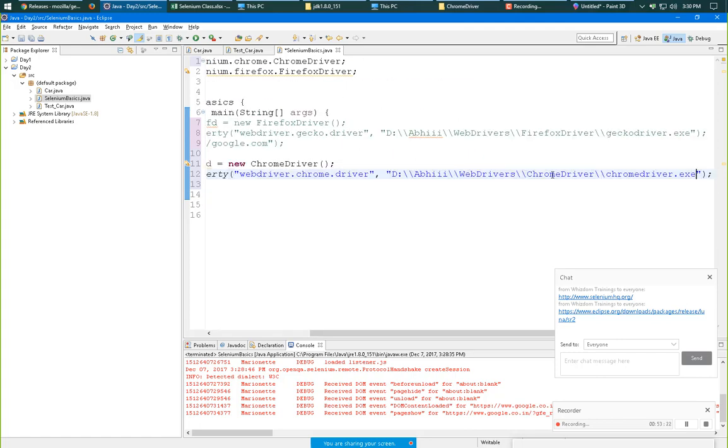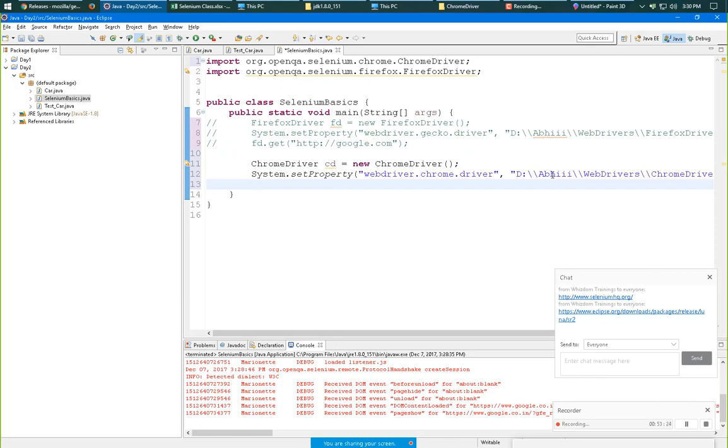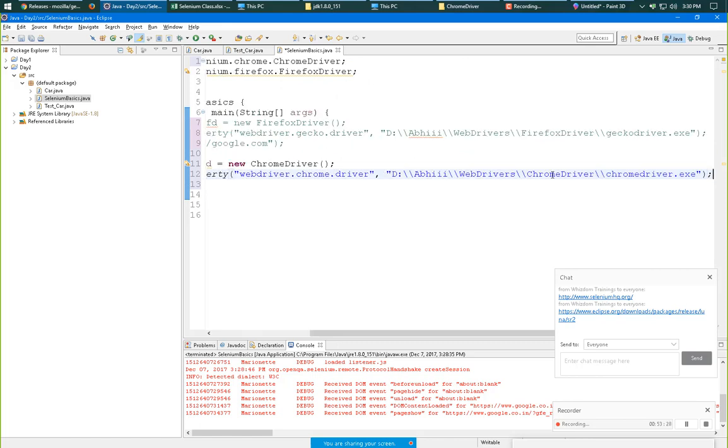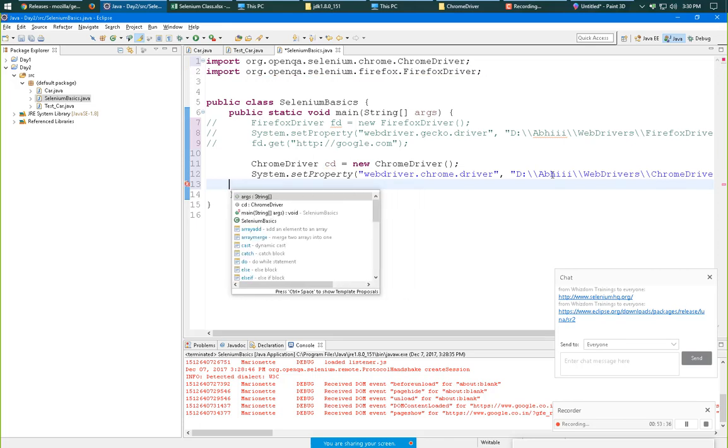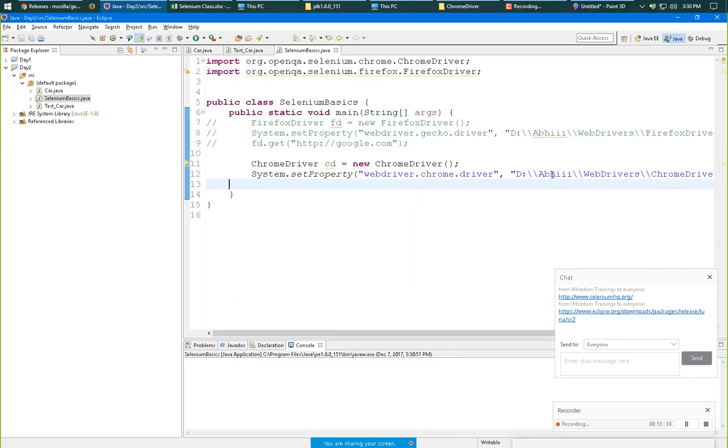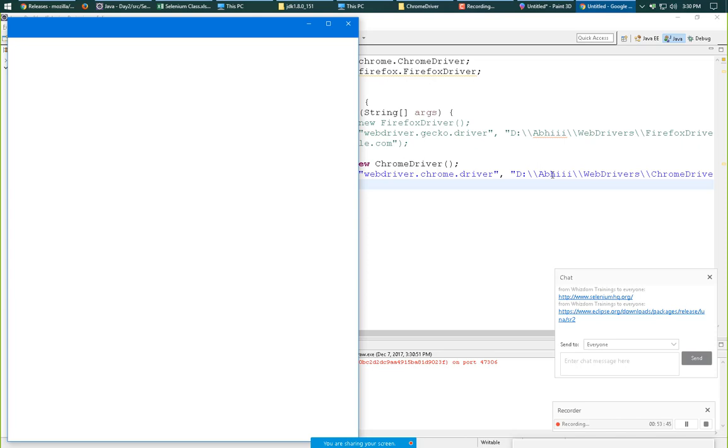Now our system has the property webdriver.chrome.driver, and it has the path of the Chrome executable. When I do new ChromeDriver, I'll just execute it right away. Now it is opening the Chrome browser. See, a new instance of the Chrome browser has opened.